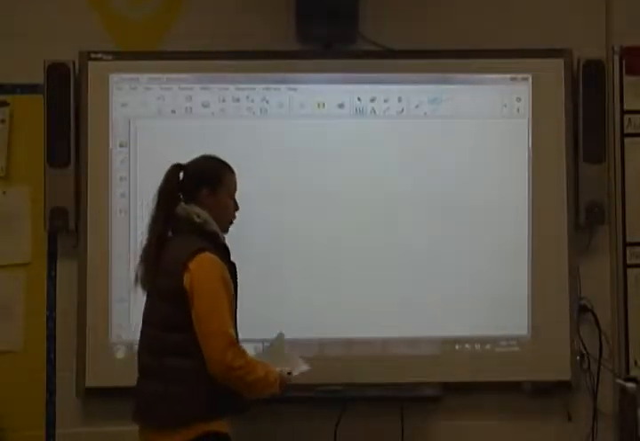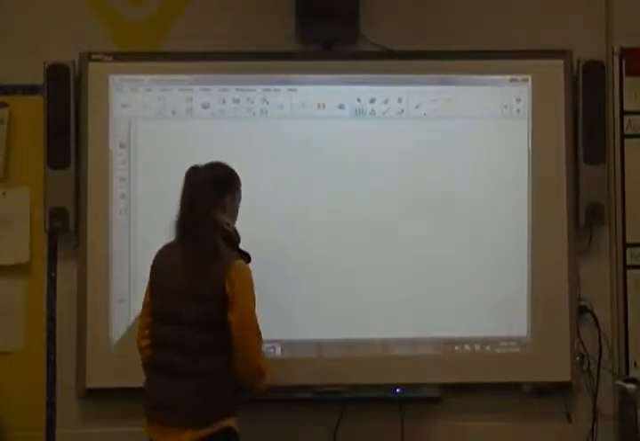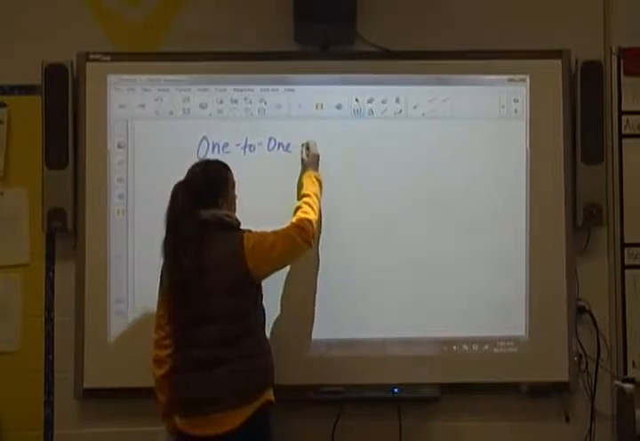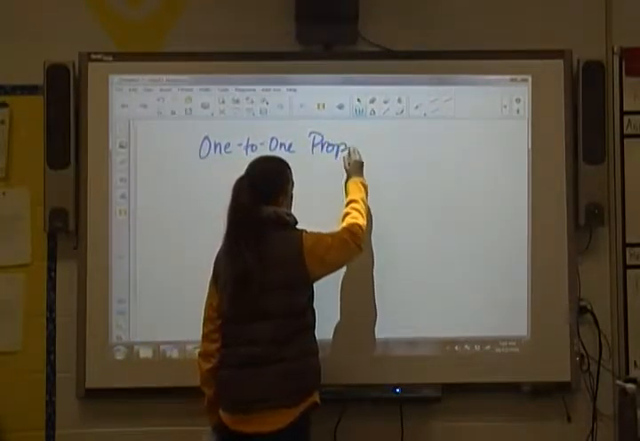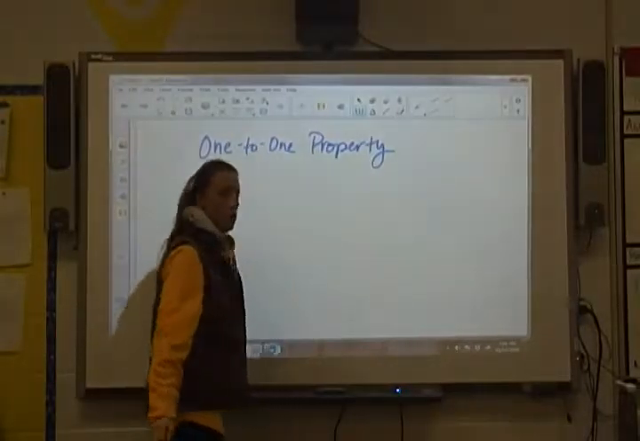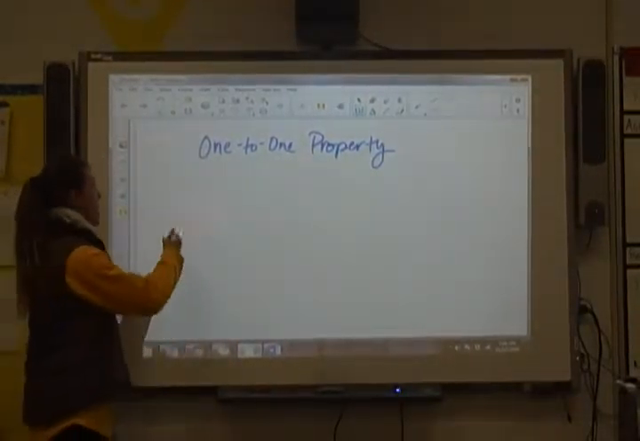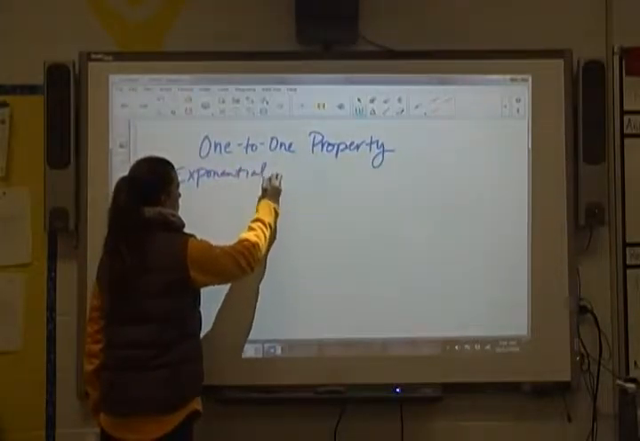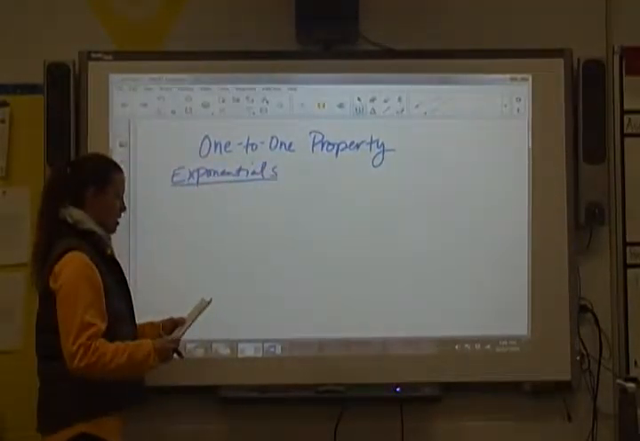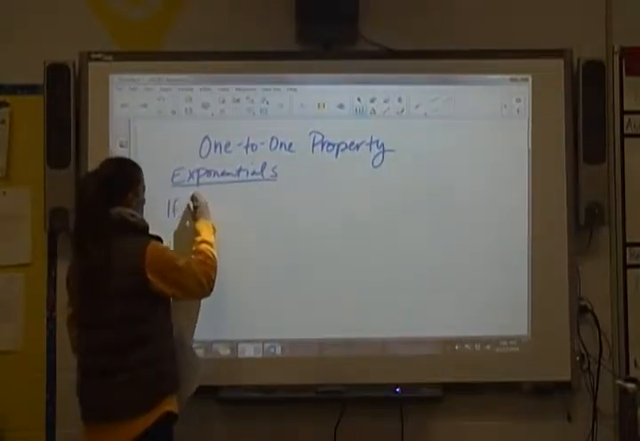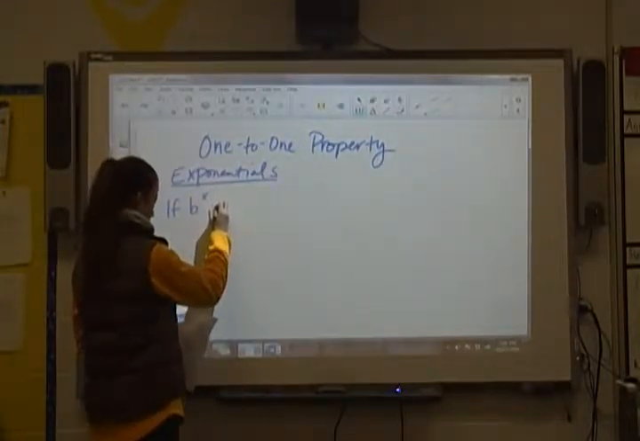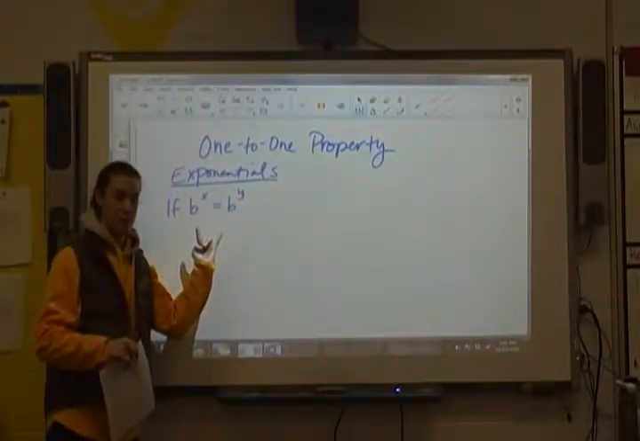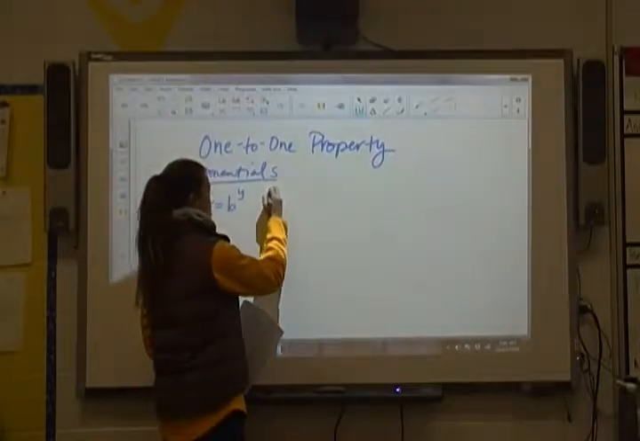Next, we're going to talk about the one-to-one property of logarithms and exponentials. So, if we're talking about exponentials, if b to the x equals b to the y, so the bases are the same, then that tells us that